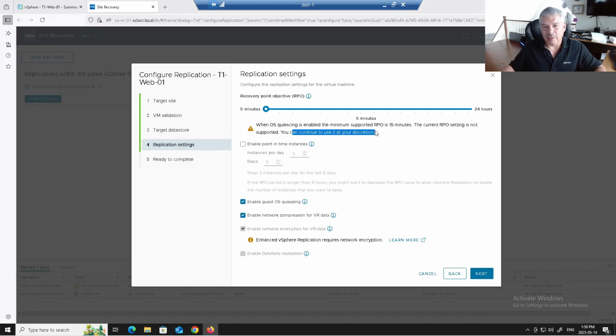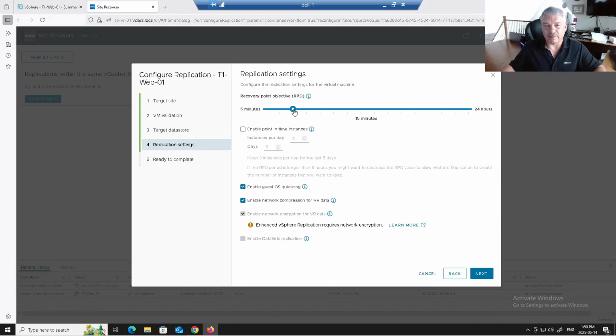In other words, they're saying I should be changing this to 15 minutes if I'm doing a guest quiescing. And I'm going to remove that. Guest quiescing is, one way to look at it, let's make sure everything gets flushed out to the disk, using, if it's Microsoft, Volume Shadow Copy Services. And VMware Tools works with all this. You can also do it on certain flavors of Linux as well. But again, it requires the latest version of VMware Tools. So this is probably something you're going to want to enable, but notice again, it says I can't do